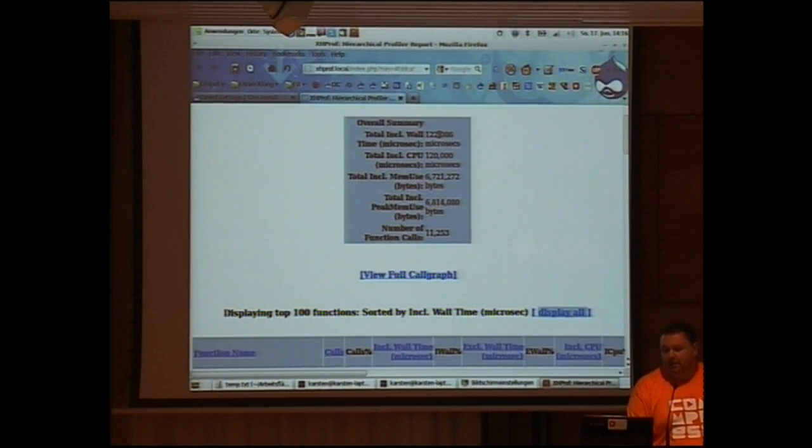measures. The wall time, in this case wall means, I think this is a Facebook term, but this means all functions that did take 122 microseconds. The included CPU time is 120 microseconds. Don't ask me where those 2 microseconds are gone to. Maybe this is waiting for CPU or something. We use 6 megabyte. At peak we use 6.8 megabyte of RAM from our server, and we did call about